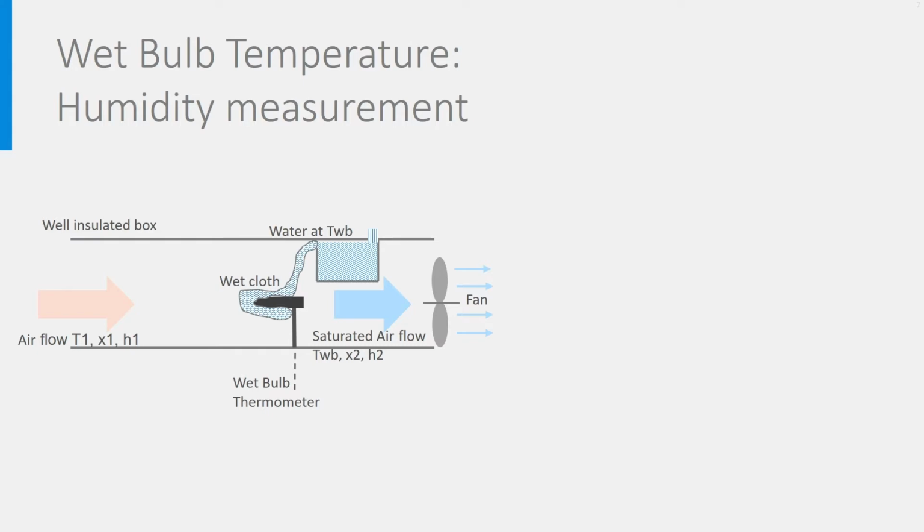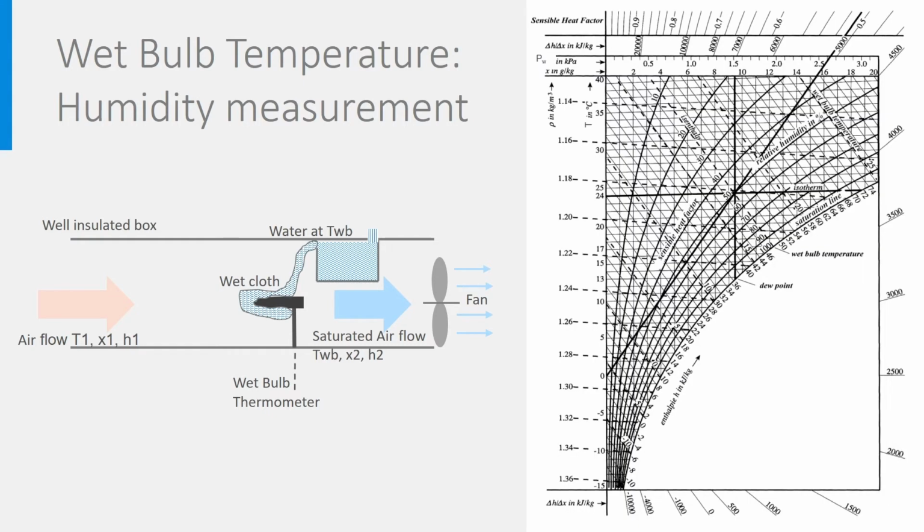The wet bulb lines on the Mollier diagram show the combinations of temperature T1 and absolute humidity X1 leading to a specific wet bulb temperature. If we look again at the figure on the left and we add in the box a thermometer measuring the temperature of the air, the dry bulb temperature, we can then determine very interesting properties. The crossing point of dry bulb and wet bulb temperature tells us what are the absolute humidity and relative humidity of the air. Such an experimental setup is called a psychrometer.